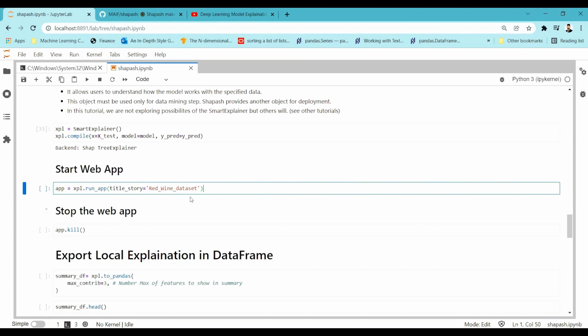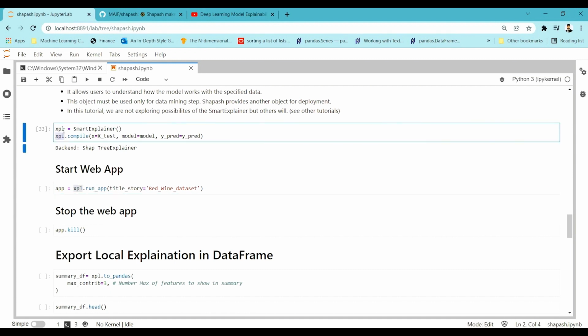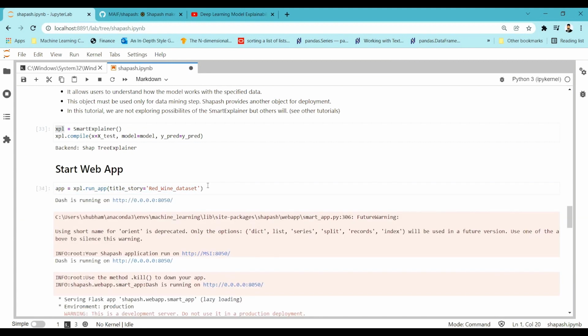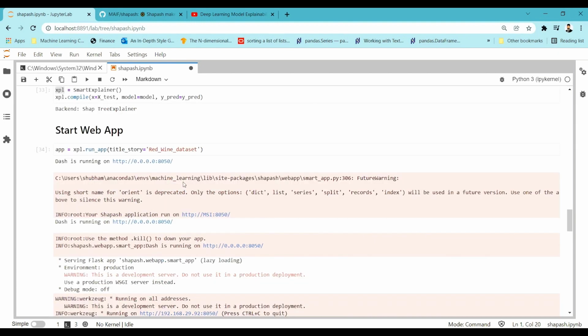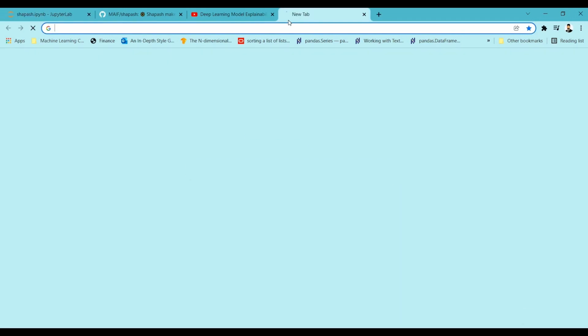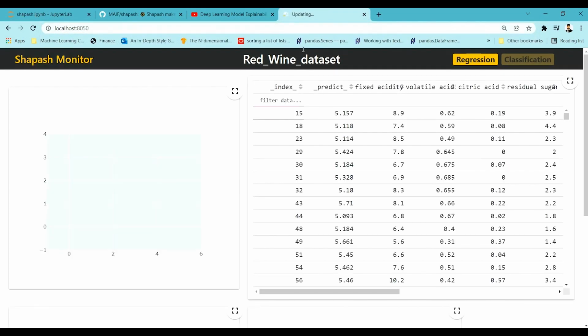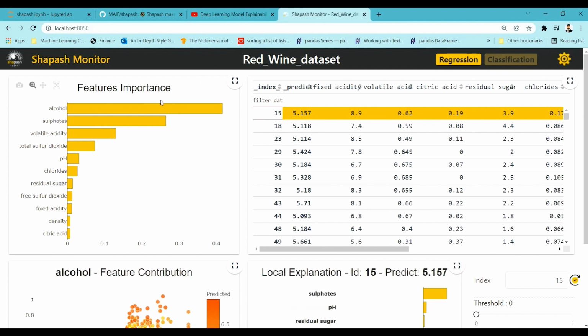So for that, we have to run this particular run_app method from the XPL that we have imported over here, and we can just run the app. So let us run this cell, and we can see it started running on this local server. So let's run this localhost, and let's visualize which kind of features are very important